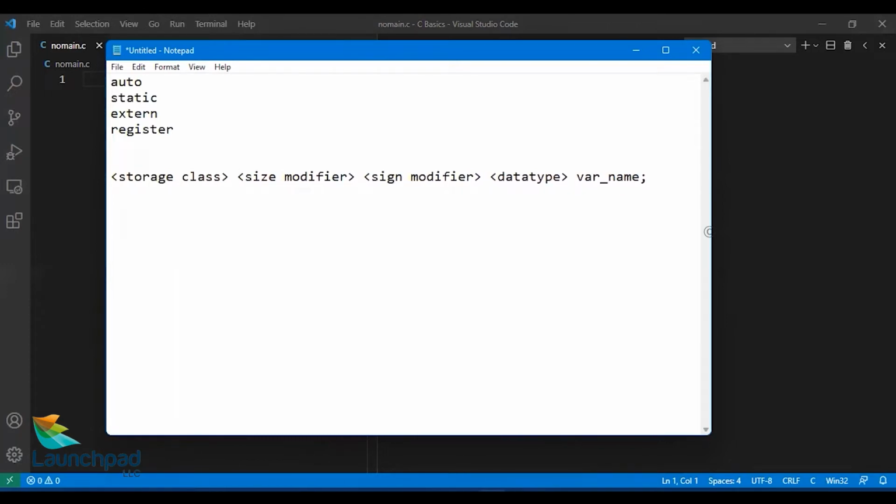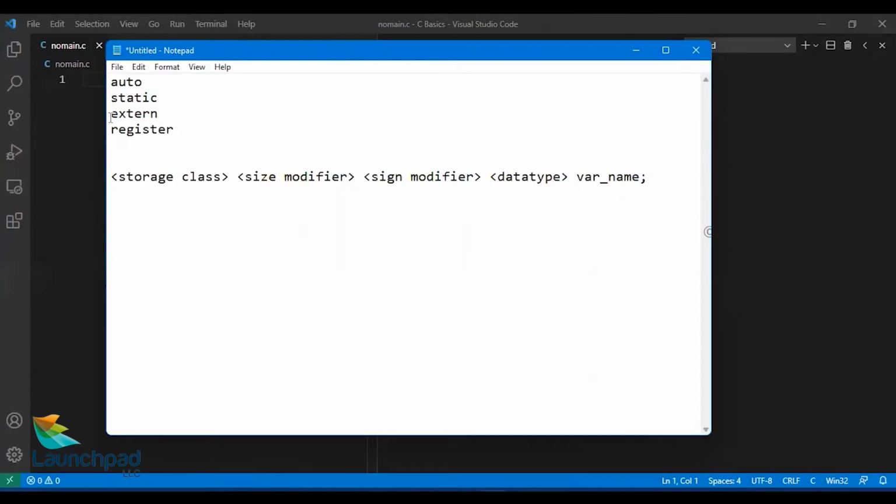This is required even before the size modifier. The purpose of storage class is nothing but it informs the compiler where this particular variable should be given space to store its values. Okay, that is what is meant by storage classes. Auto by default says it stores your value in the regular RAM memory, which is allocated for your process. That is by default, it is auto.